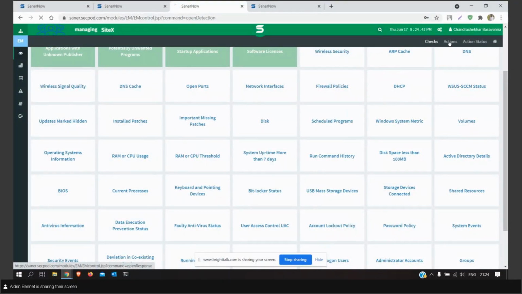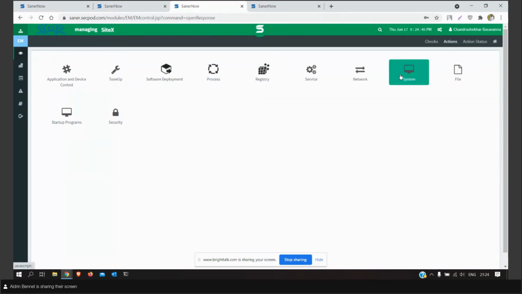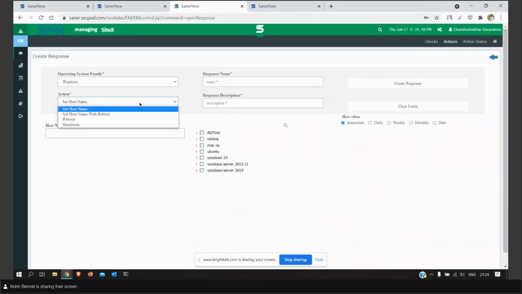Here in Sendo now, if you go into Actions again, you have an option called System. Inside System, you have three different options. From setting a host name to rebooting or shutting down a device, all you have to do is select the specific option. Say if you want to reboot a device, you just select that option and you'll be able to give in a message here. Why do we need this message? In case you're creating a reboot task and your end user is actually using the system, if you don't give any message, you might not even know why your system went down. So if you give a message here, saying that your system is going to go down in a few minutes, the end user will be aware and he'll be able to save all his tasks.